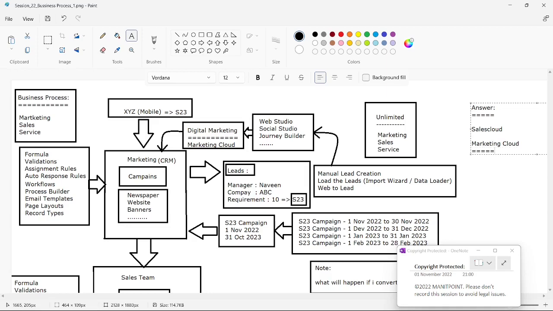The marketing team will generate the leads from Marketing Cloud. Marketing Cloud is a product which we don't have anything related to, because you are working in the Sales Cloud team. Now, once the lead comes to Sales Cloud, a lead conversion will happen. During the lead conversion,